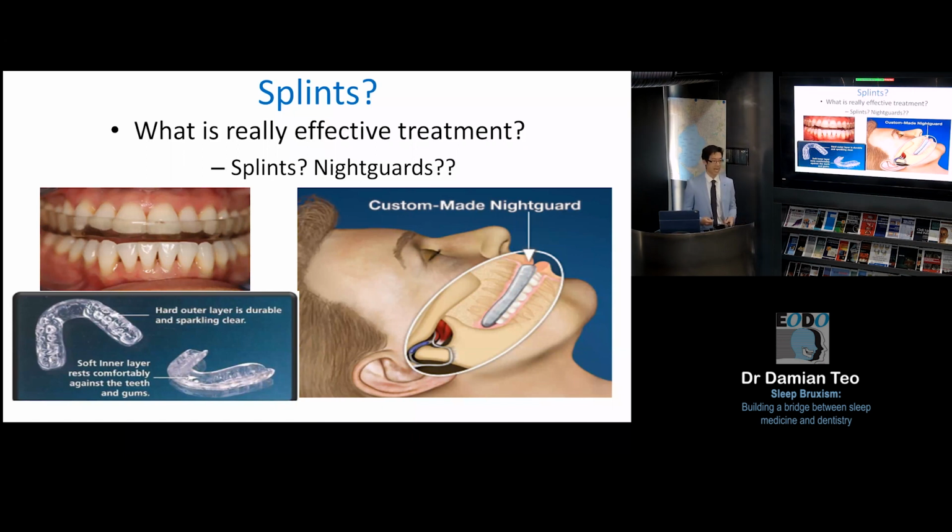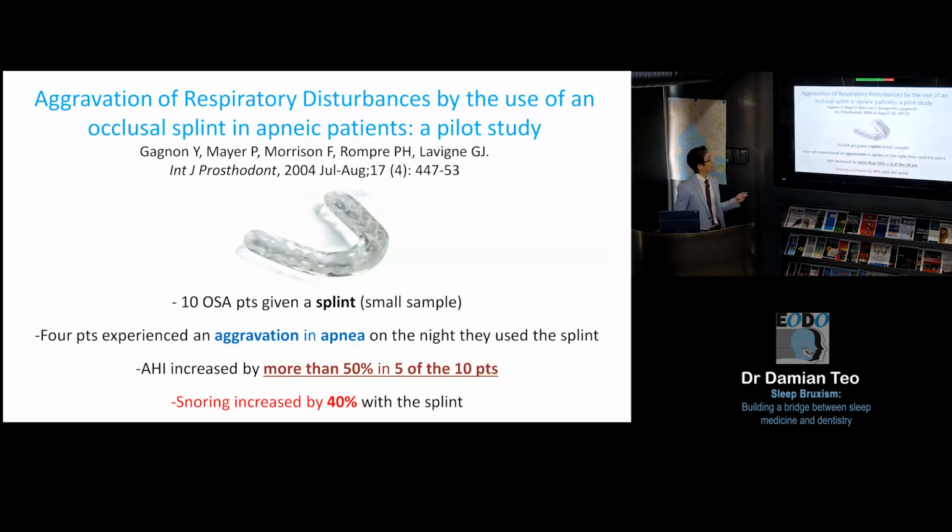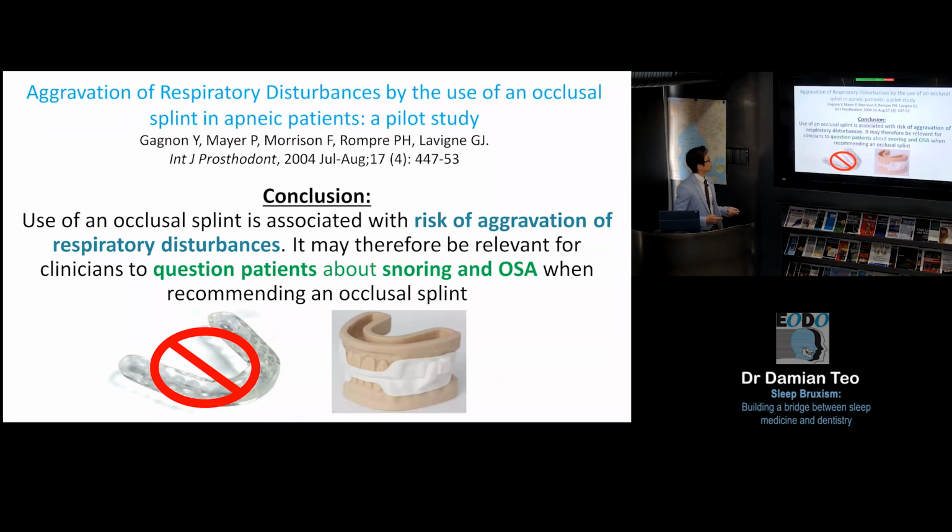And yes, it can. The research has shown, in this study, they looked at a sample of patients, and they found these patients, if they had sleep apnea, and then they gave them a splint, it worsened the apnea by up to 50% and increased the snoring by 40%. And in this study, their conclusion was the use of a splint is associated with the risk of aggravating the respiratory disturbances, and it may therefore be relevant for clinicians to question patients about snoring and OSA when recommending a